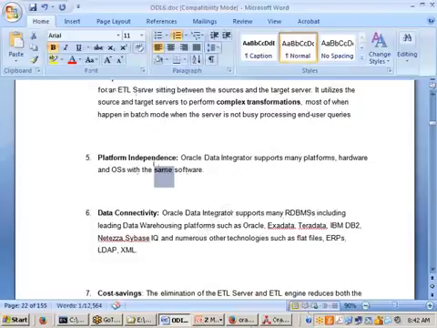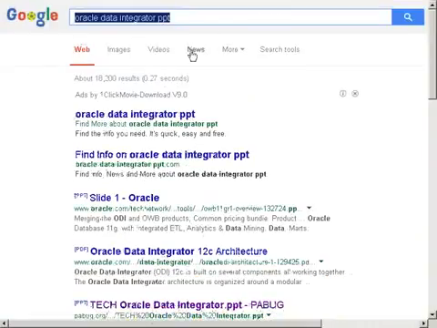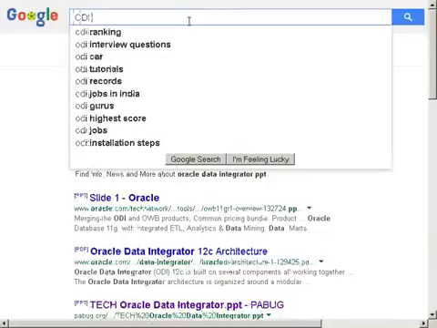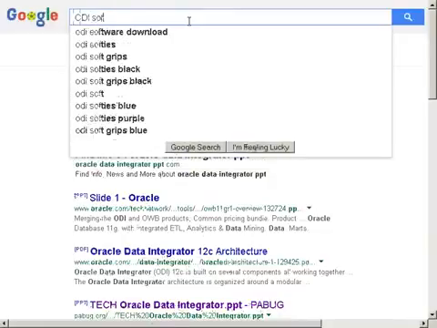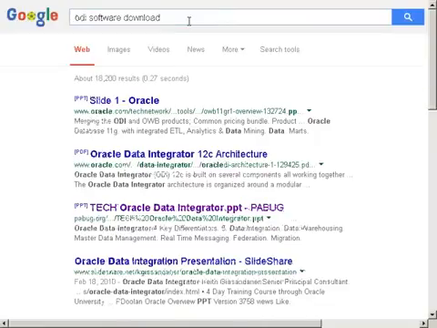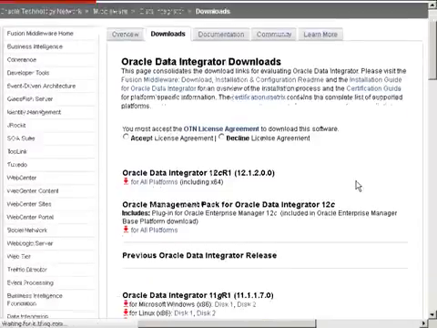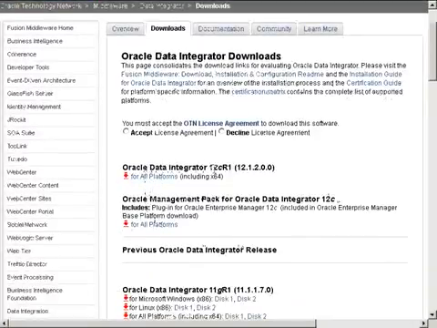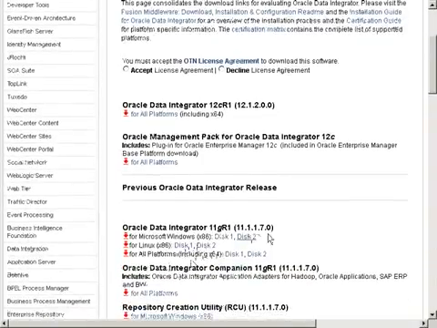Right. That is the reason, if you go and observe, let us say I am going to the ODI software download. Then the Oracle site came here. If you go and see the Oracle site, the latest version is Oracle Data Integrator 12c R1, 12.1.2.0.0. That's what we are working with actually. And previous to this is 11.1.1.7, that also we are going to work.